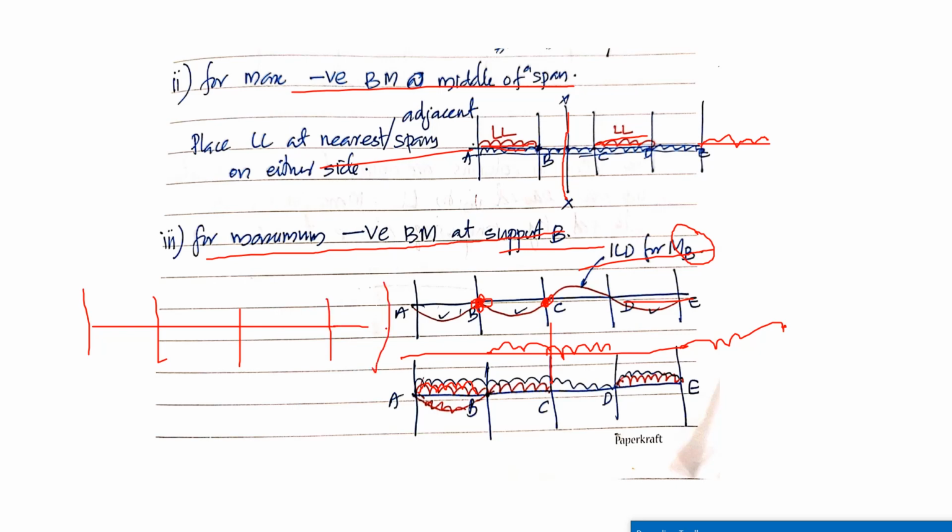One more. If you are asked any particular case, you will get the total dead load and total live load. Whatever be the case, you can choose it according to the question. Now you got the net load here 8 kilonewton per meter, here only 3 kilonewton, here again 8 kilonewton, here 3, like that you will get. I have just mentioned an example of how to get the frame.